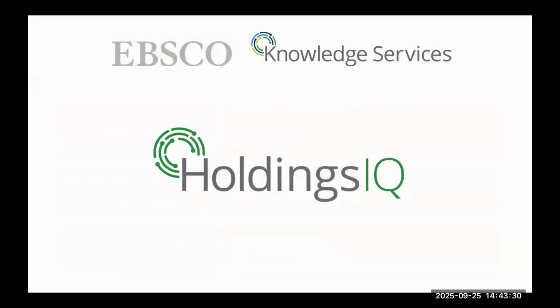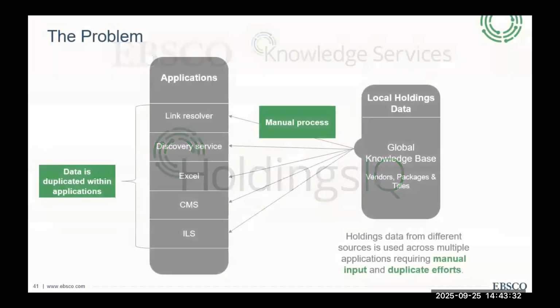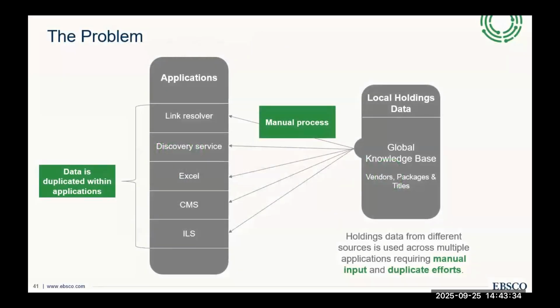So we have an API called Holdings IQ. I'm going to go through this very quickly. And the idea is that a lot of the data would have to be manually updated. There was a session, I think it might have been Lehigh yesterday, or maybe some of the German libraries, who were talking about using GoKB, and a lot of the manual update process that has to happen, right? Creating the data, updating the data manually. What we wanted to try and do is automate as much of that as possible.